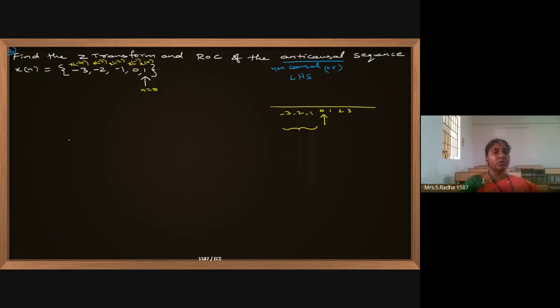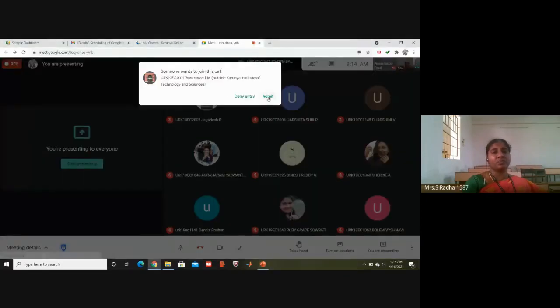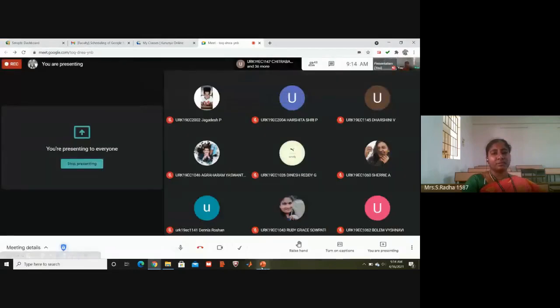You know how to draw the diagram, so I am not going with the diagram. On the left side you have to draw the amplitudes if you are going for a diagram. Okay, the diagram I have given is to have a clear picture about the given question.